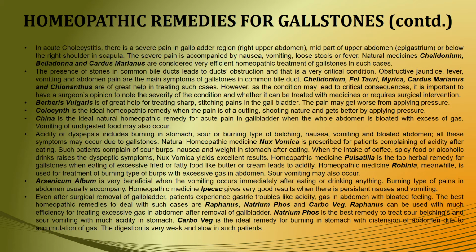But there are more homeopathic remedies for gallstones, so let's talk about them as well. In acute cholecystitis, there is a severe pain in your gallbladder region, which is your right upper abdomen, mid part of the upper abdomen or below the right shoulder in your scapula. The severe pain is accompanied by nausea, vomiting, loose stools or fever. And here the natural homeopathic medicines are Chelidonium, Belladonna and Cardus marianus, which are considered very efficient homeopathic treatments of